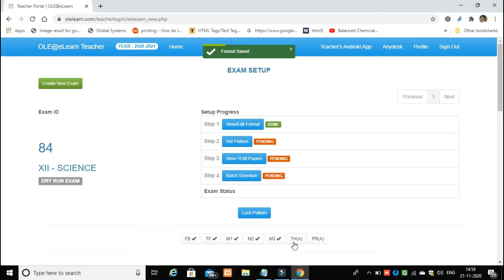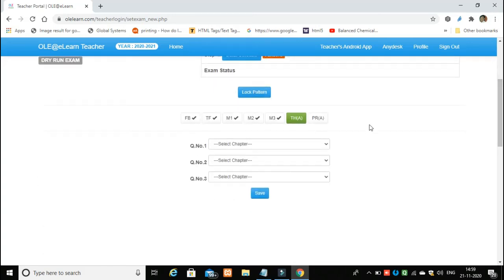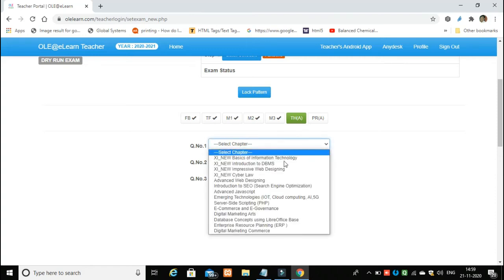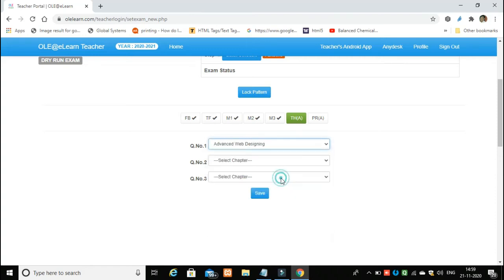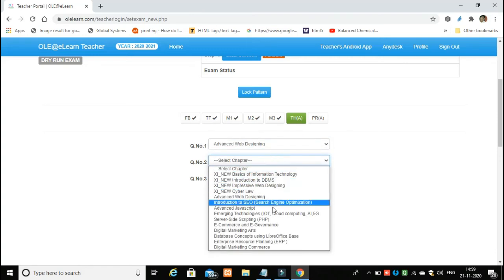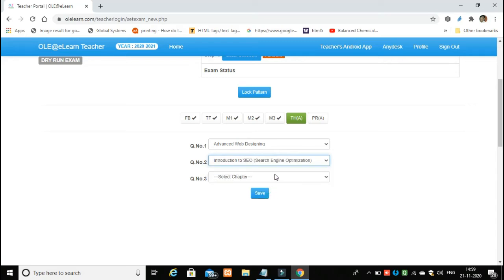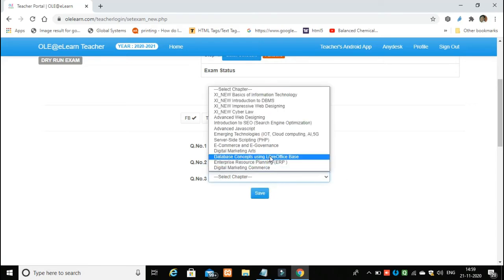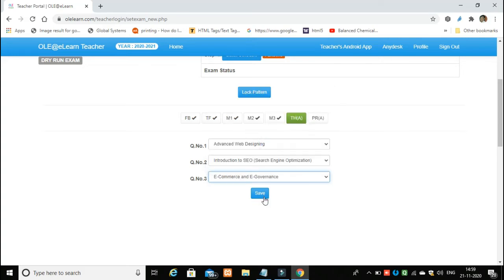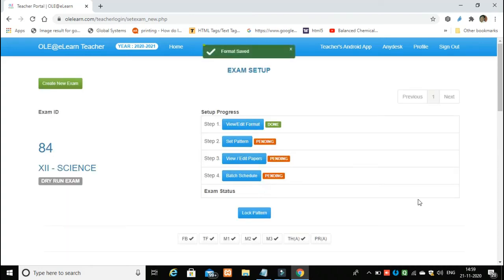Then go to theory A, select chapter, save again.